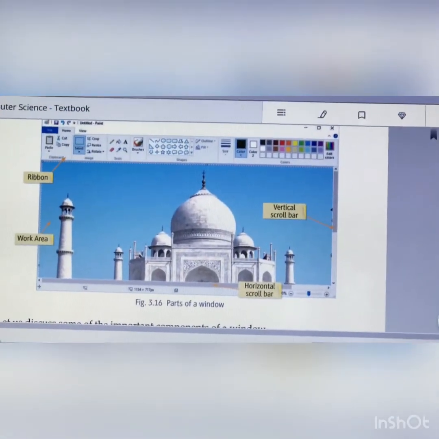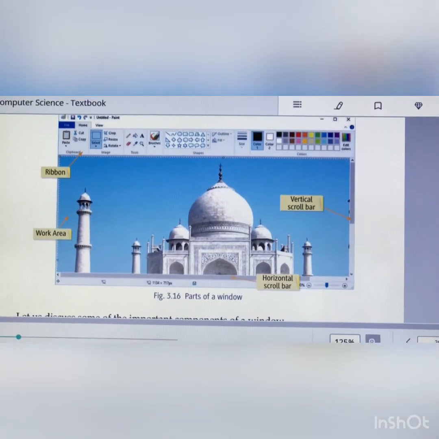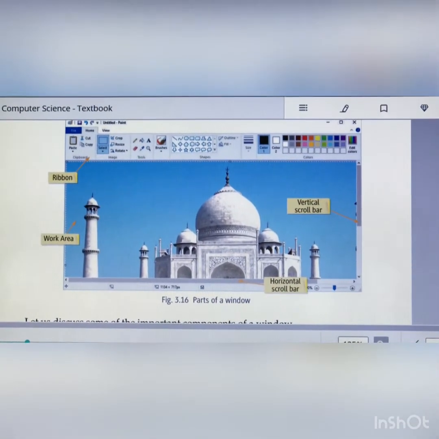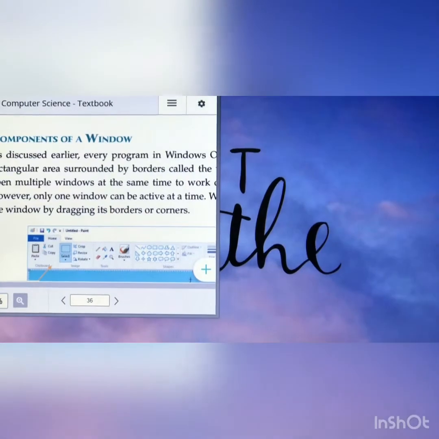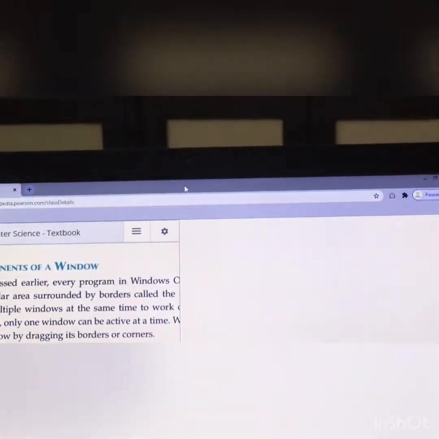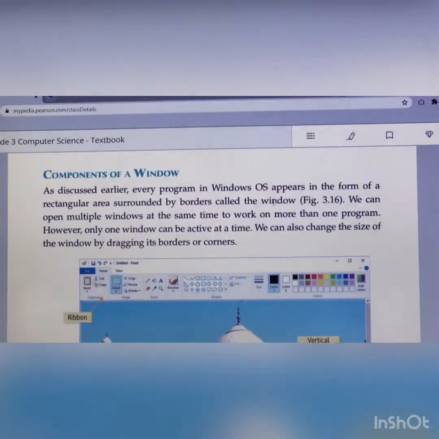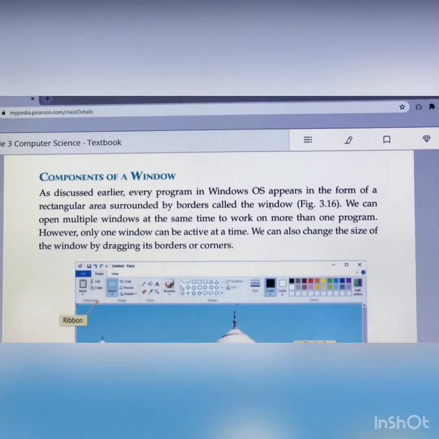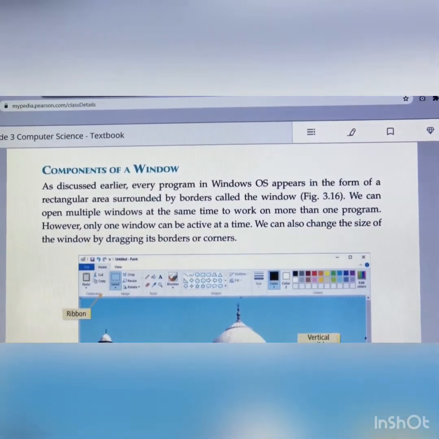Then after, the restore down button. Again we can restore the window by this button. We can restore the file size by using the restore button.